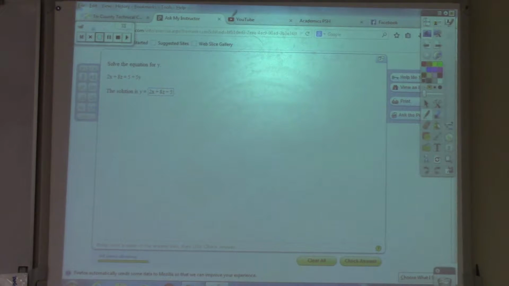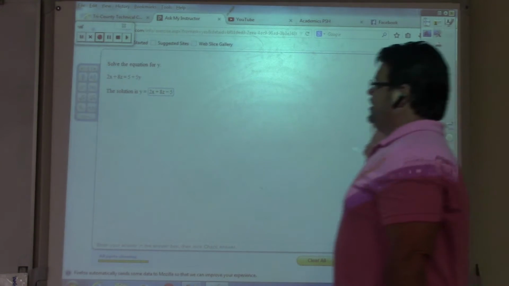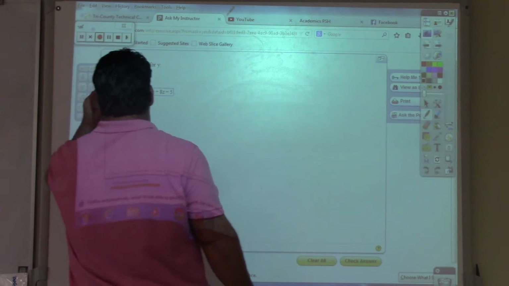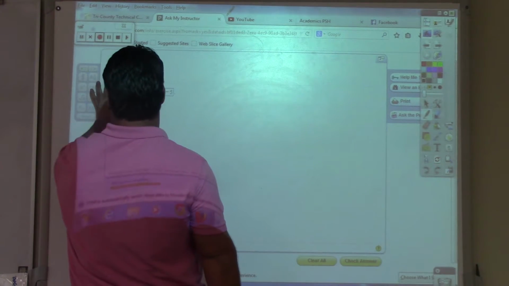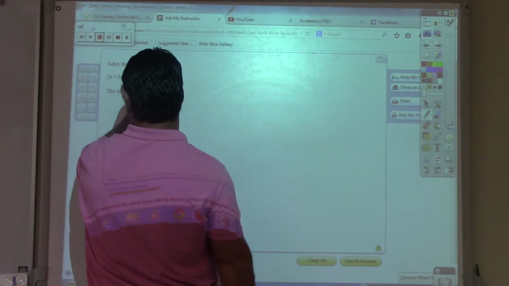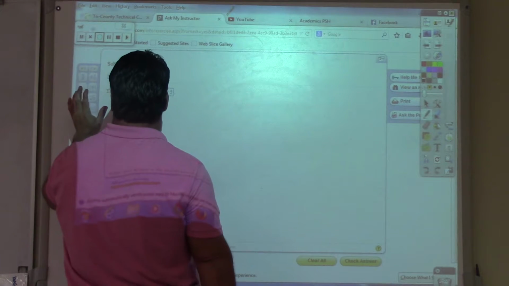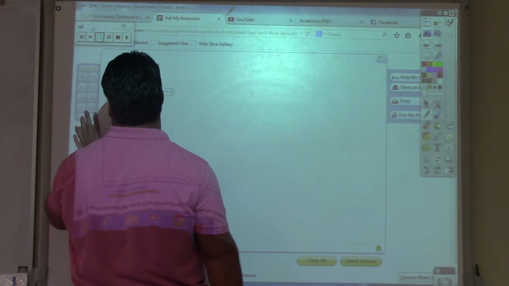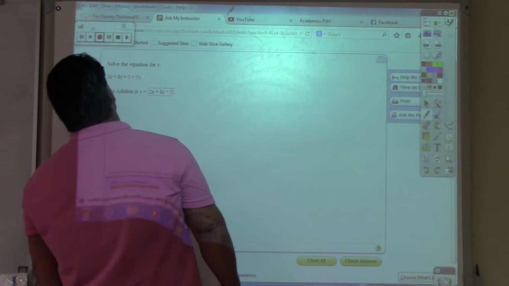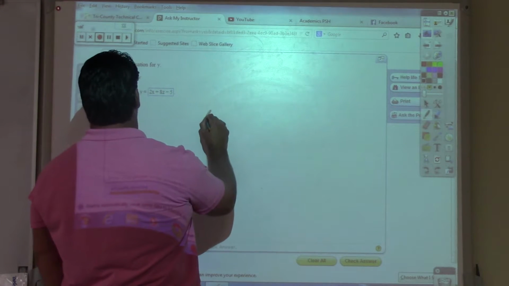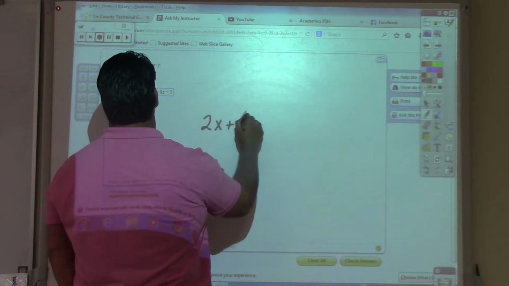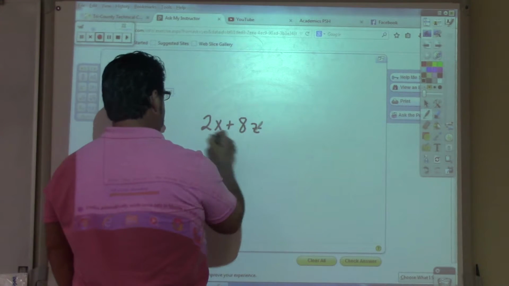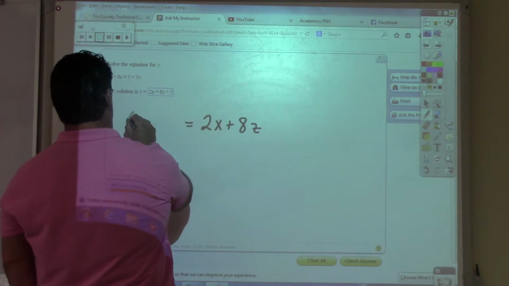First of all, it says, solve the equation for y. First of all, I'm going to put it in some kind of order, because it's not in order. And which way do we read? Left to right. So this x over here is on the wrong side. We need to put it over here and put this over here. And it's not going to make that big a deal, because if you change both sides, it's not going to change. So I'm going to put 2x plus 8z, and I'm going to put it equals here, and I'm going to put 5y